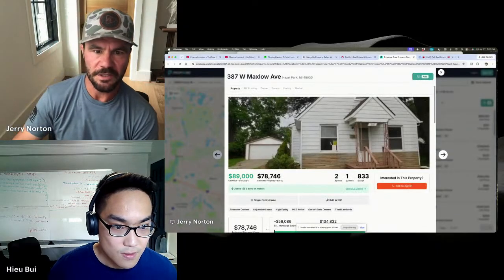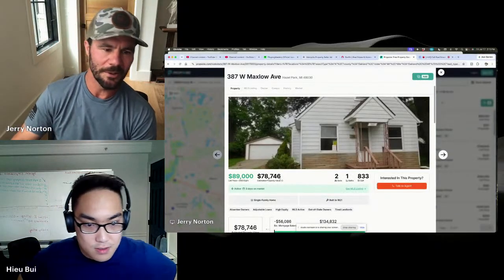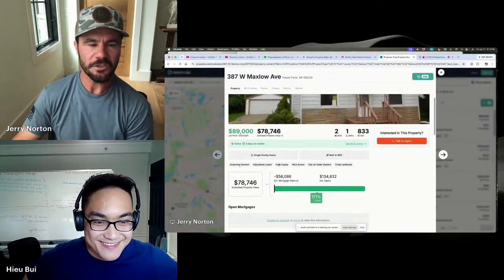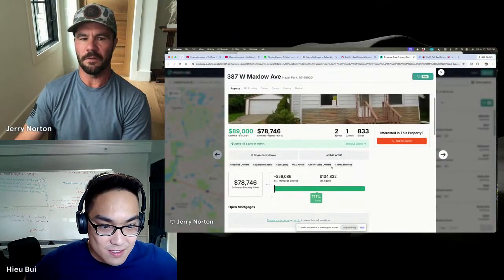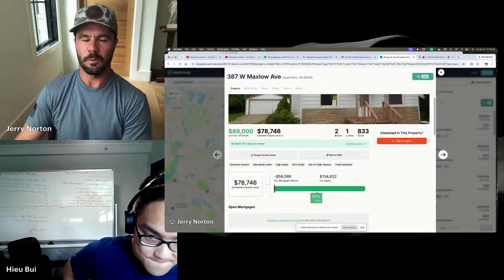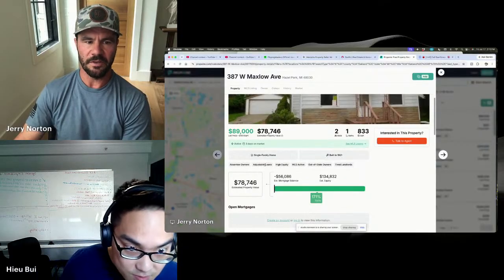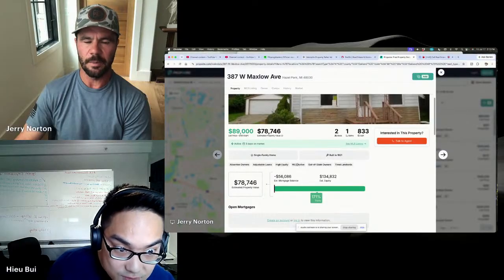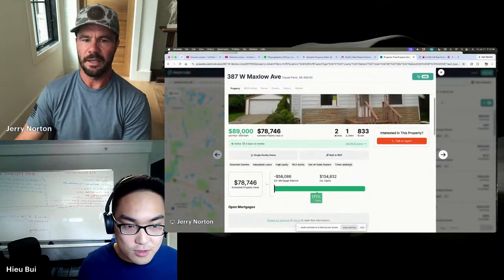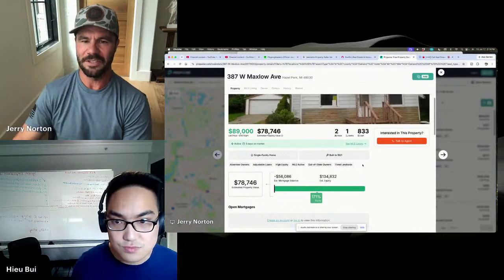So let's check out this one here. I see some permit tags in the window. And also pay attention to the cards. What do you call this? These are all the matches. So this is absentee owner. They have an adjustable loan, high equity. It's an MLS active. They're an out-of-state owner and a tired landlord. So it kind of tells you all the things they hit.